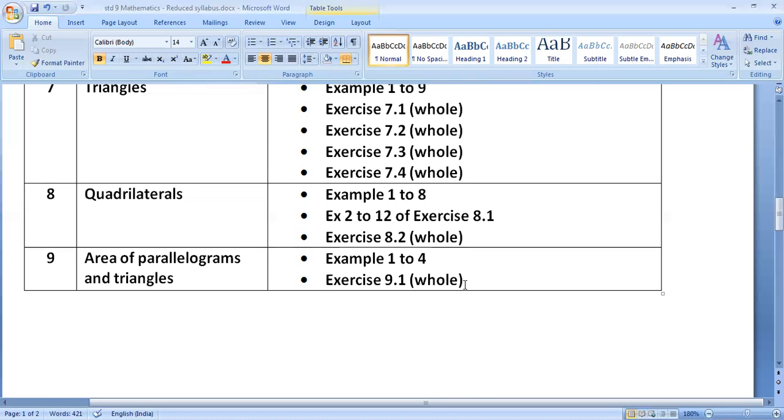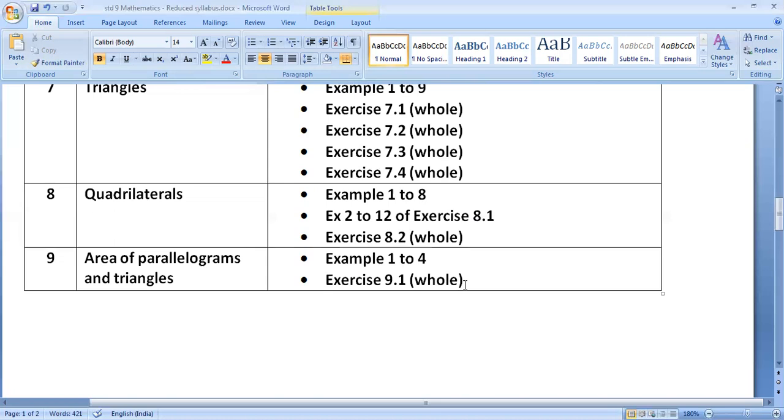I have given the proof of this theorem because it is a most important theorem to be understood. Its statement you have to prepare because the detail of this statement will be useful for you in future also. That is theorem 9.1. On page number 158, example 1 is excluded. On the same page, example 2 is excluded. On page 159, exercise 9.2, the whole exercise, is excluded from the syllabus.